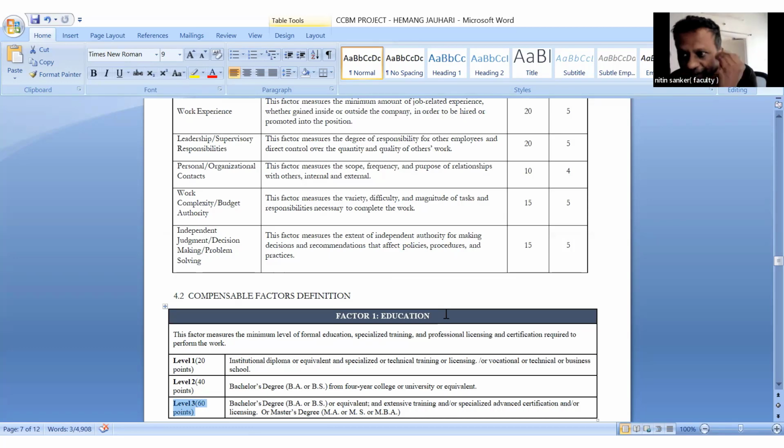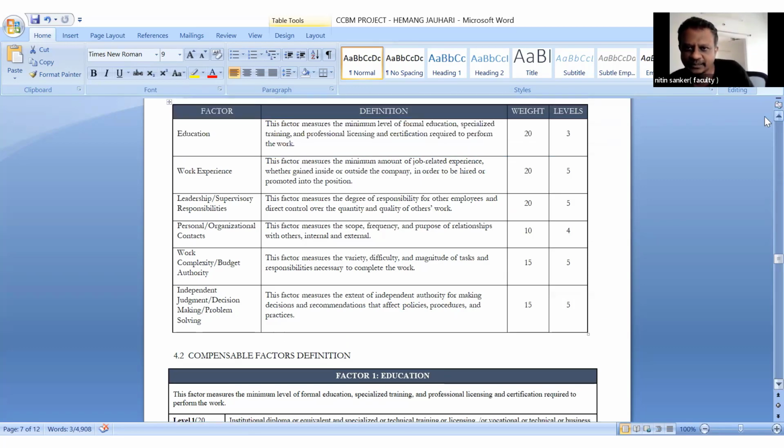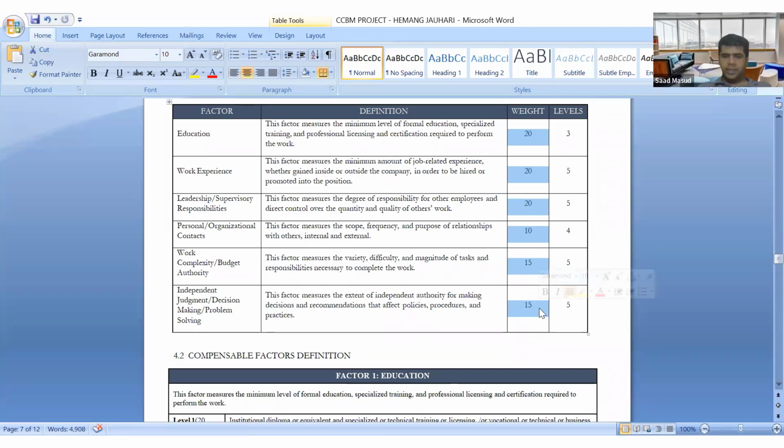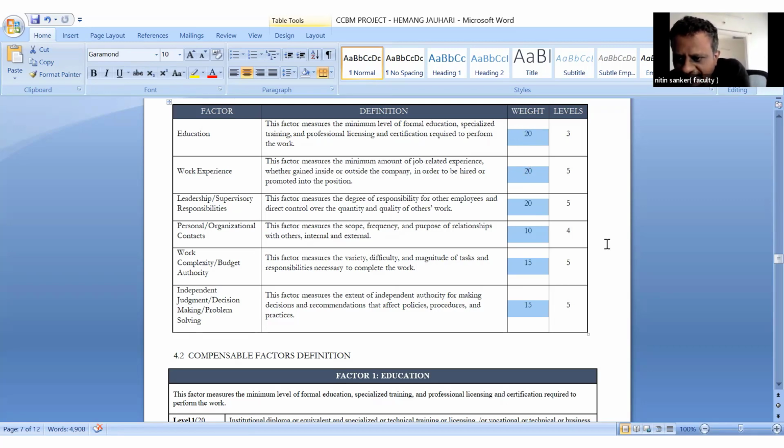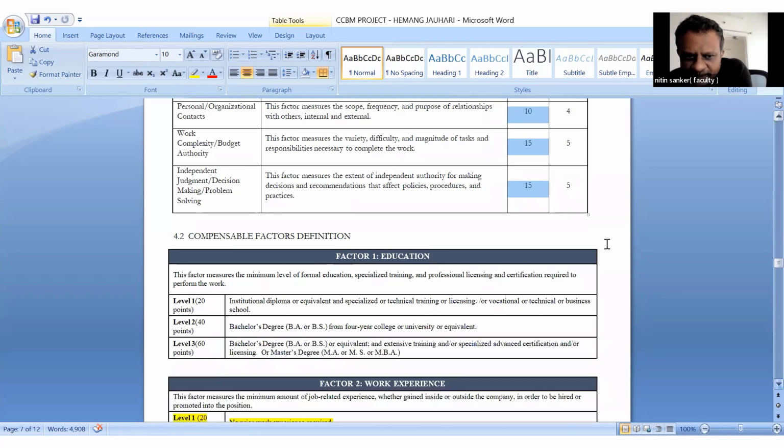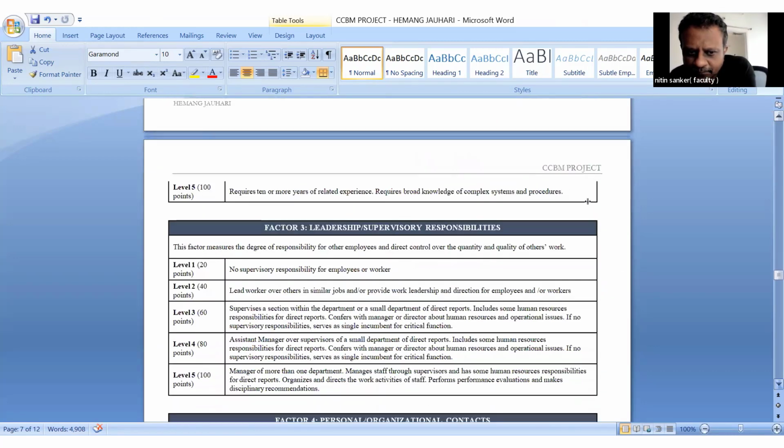So I'm not commenting whether what Raj said is right or wrong. Theoretically, anything is possible, but practically when I do it, I try to take a total of 100. If I have 10 factors I've selected, I put a weightage because some factors are more important, like education. If I'm saying 20 weightage, I'm giving a higher weightage to this. Then I try to make it linear, which means it's 20, 40, 60 if it's 3 levels. If it's 5 levels, I try to make it 20, 40, 60, 80, like that.